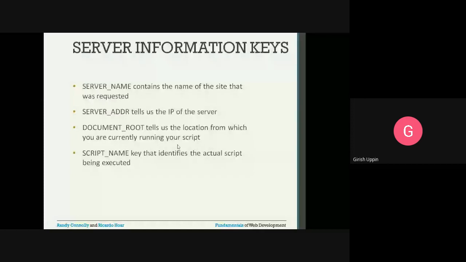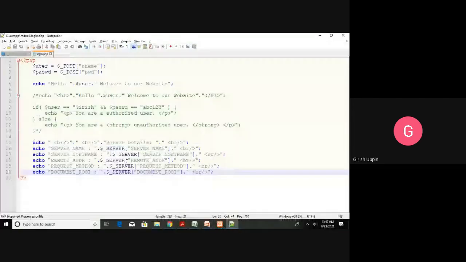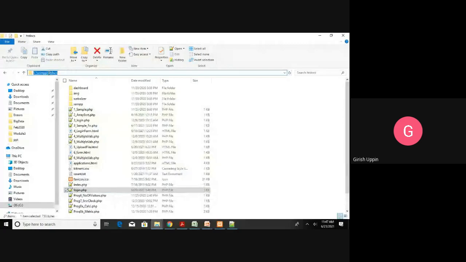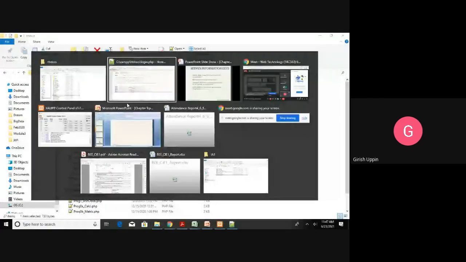Where is our script stored currently? Our script is stored in this htdocs, right? C colon XAMPP and htdocs. That is what you are seeing on the browser. So when we ran our code, the document root C colon XAMPP htdocs is the information that is stored in DOCUMENT_ROOT.